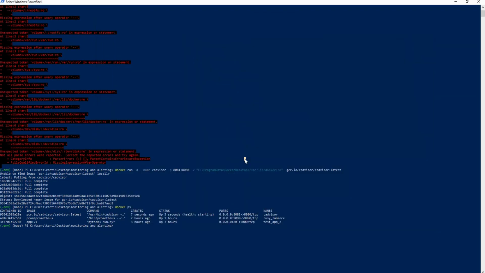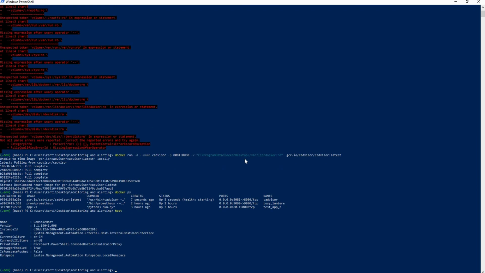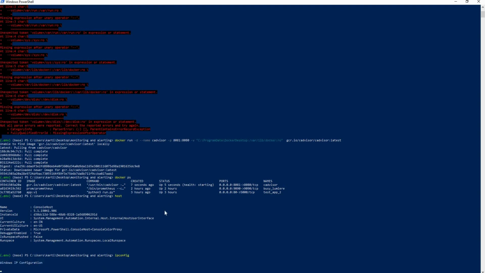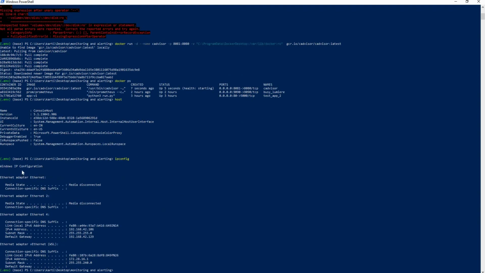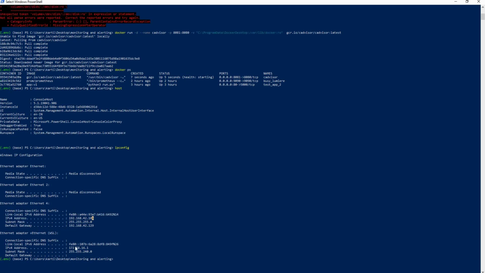So how do I access that host? I'll run ipconfig, I need to get my IP address here. Yes, so this is my IP address.